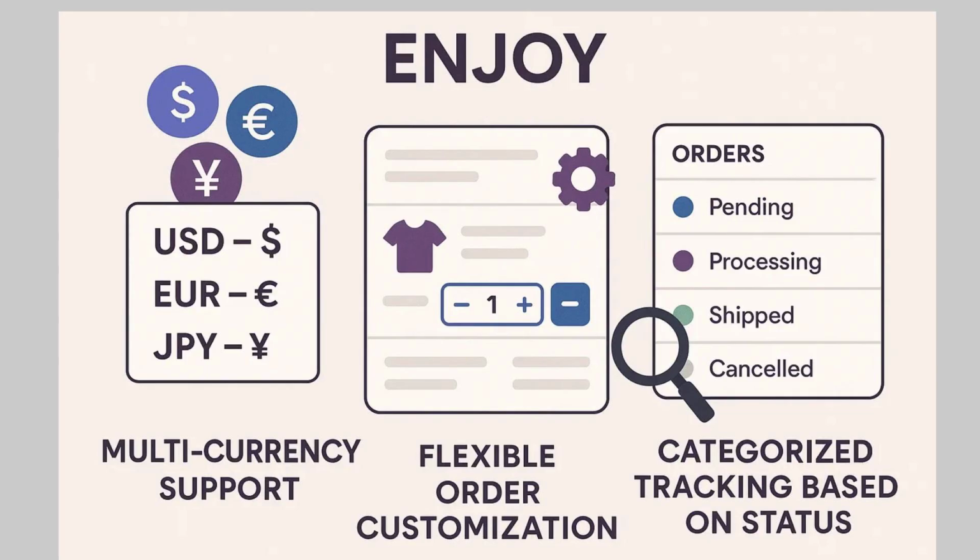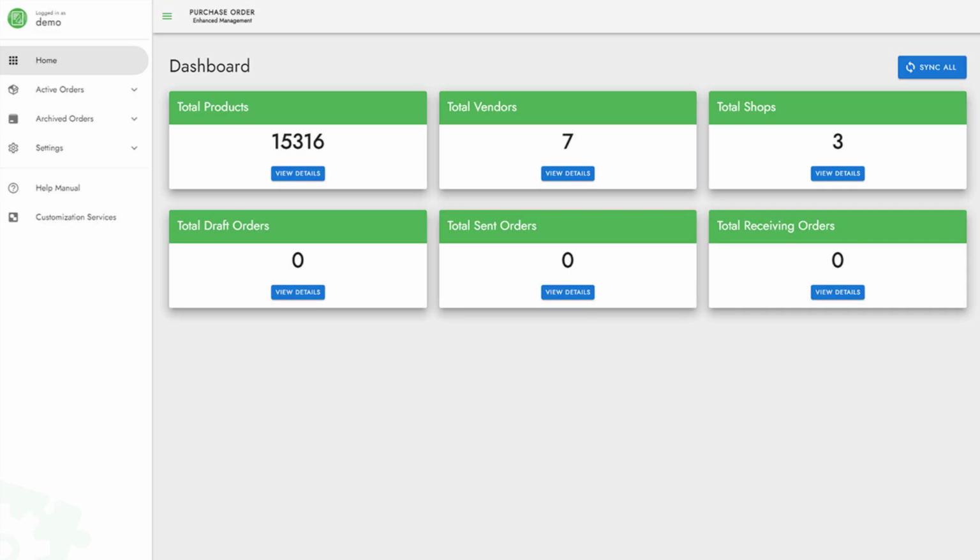Enjoy multi-currency support, flexible order customization, and categorized tracking based on status. Review in the example on our site, the Purchase Order Enhanced Management System. This intuitive dashboard gives you a quick overview of your business, including total products, vendors, and shops. You can also track draft, sent, and receiving orders all in one place, ensuring complete control and efficiency in managing